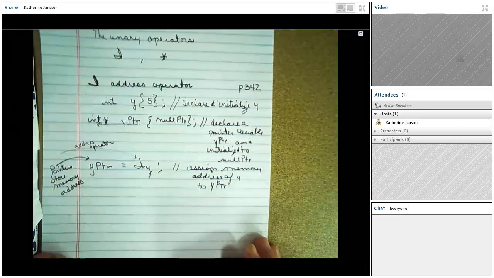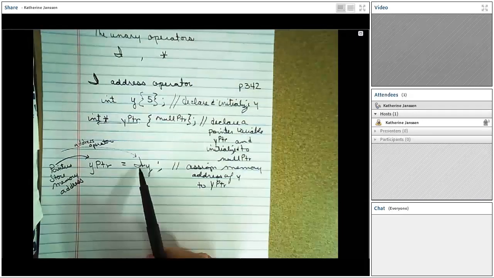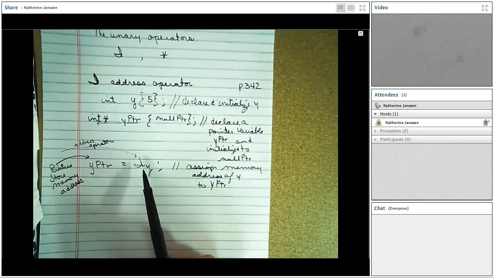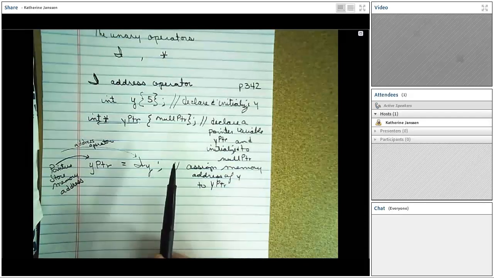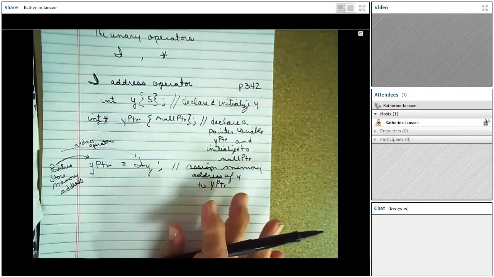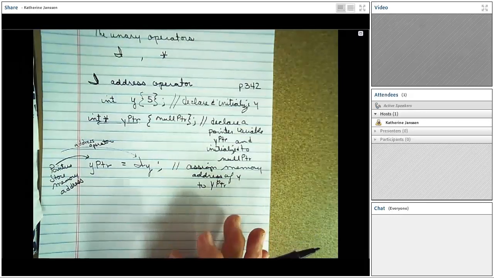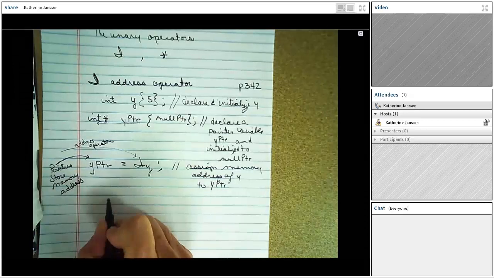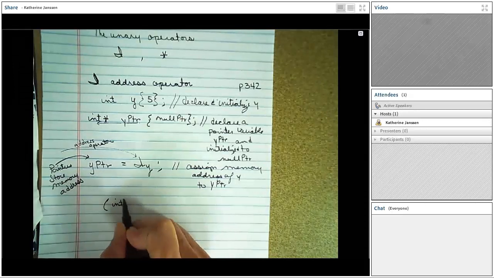The use of the ampersand or the address operator in the preceding statement is not the same as its use in a reference variable declaration from Chapter 6. Remember, in our review and study in Chapter 6, the reference variable declaration is always preceded by a data type, as in int ampersand numberRef,